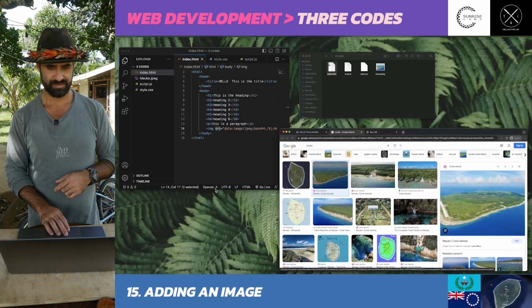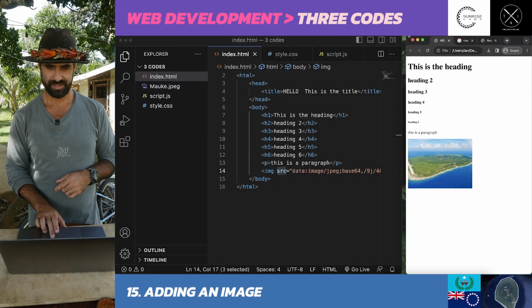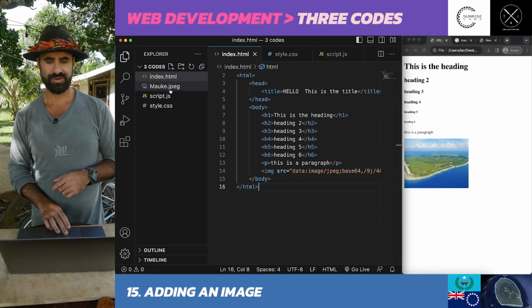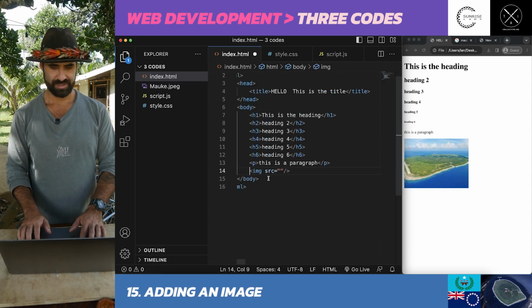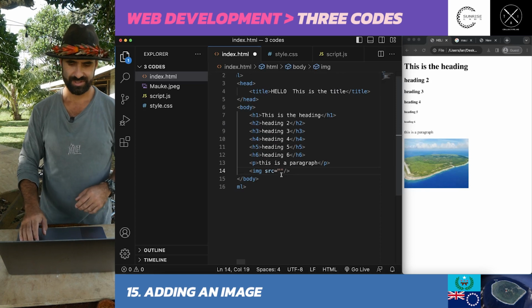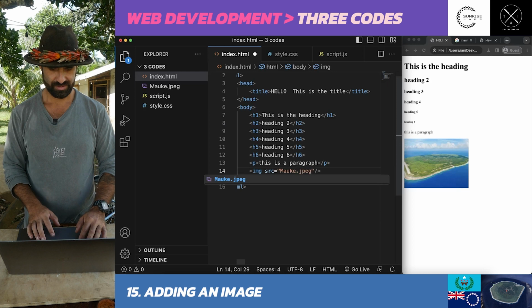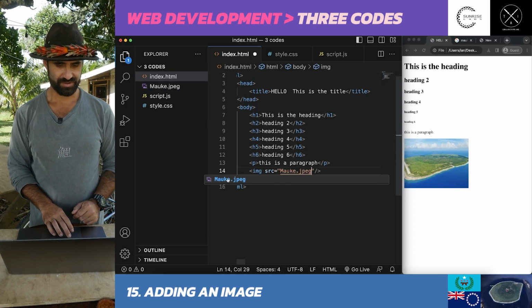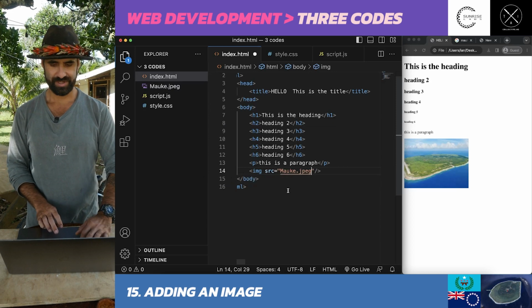Might put my preview back to here. And you'll see that that Mauke.jpg is now within that folder, and I can source it directly from here. So when you're doing your source, make sure you have the equals and the quotes, the speech marks, and we can write in here Mauke.jpg, and it has to be spelled exactly the same as it is here. And it's even got a predictive thing here. It sees that there's a Mauke.jpg in the folder, and when I save it,